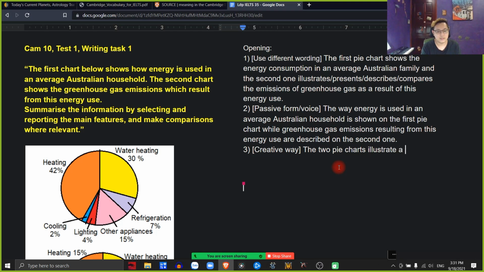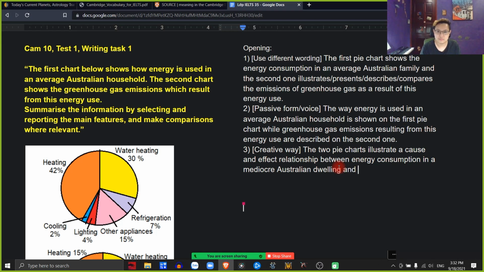Illustrates a cause and effect relationship. Hai cái biểu đồ bánh này nó miêu tả ra một cái mối quan hệ nhân quả, cause and effect relationship, giữa cái gì? Between energy consumption in a mediocre, trung bình, mediocre Australian household. I can use the word dwelling, nơi sinh sống, in a mediocre Australian dwelling,